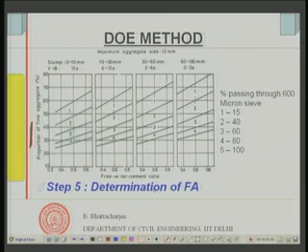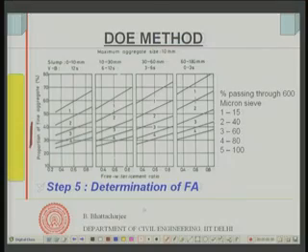This has been plotted on a mass basis for total aggregate content, because I have fixed my cement content and my water content, and therefore I have fixed my total. The moment I fix cement and water content, my paste content is fixed, the total amount of paste in 1 meter cube. So the rest of the volume is filled by aggregate, and the paste volume should be sufficient to fill the voids in the coarse and fine aggregate system. If I use too much fines, maybe the voids would be too large and the paste will not be able to fill them. So appropriate fine content is required, and that is obtained from this sort of curve.